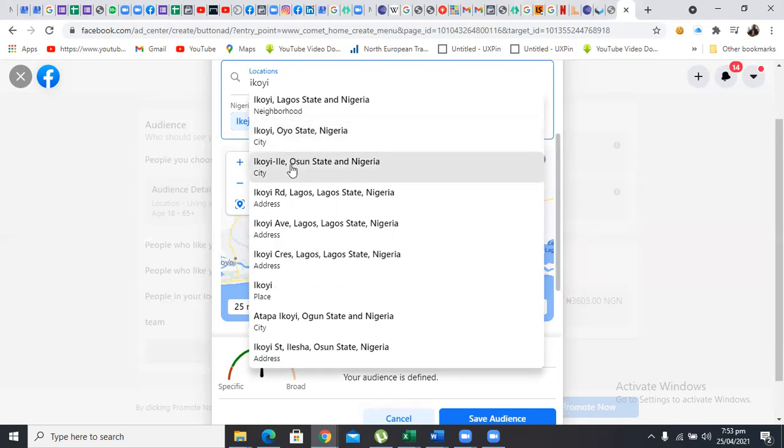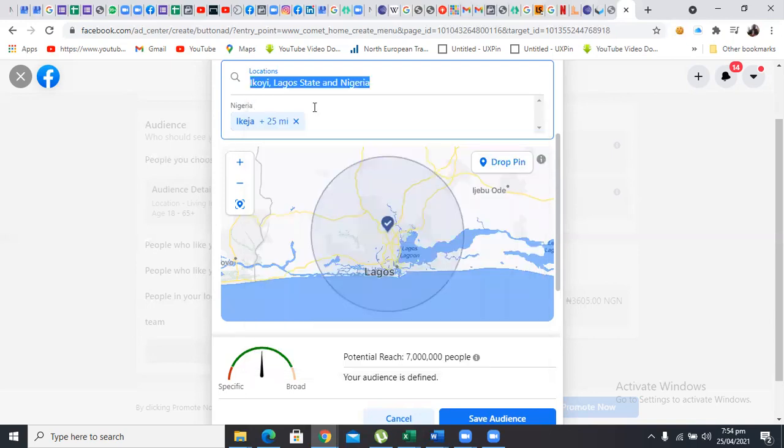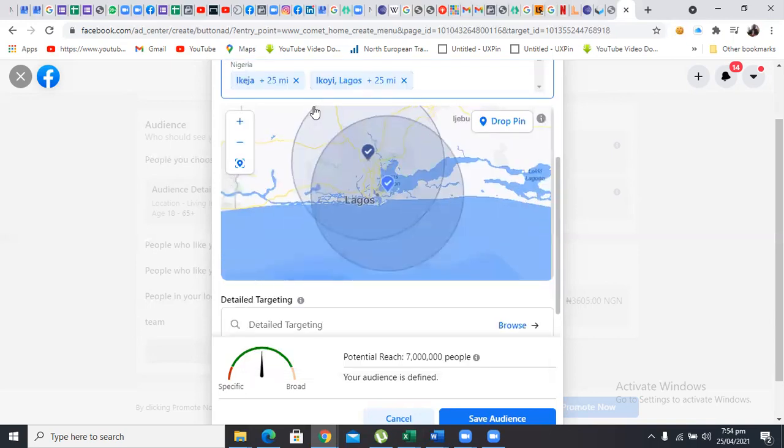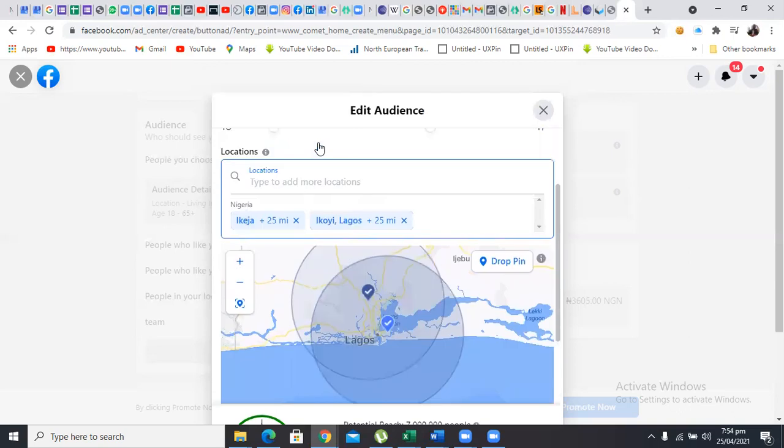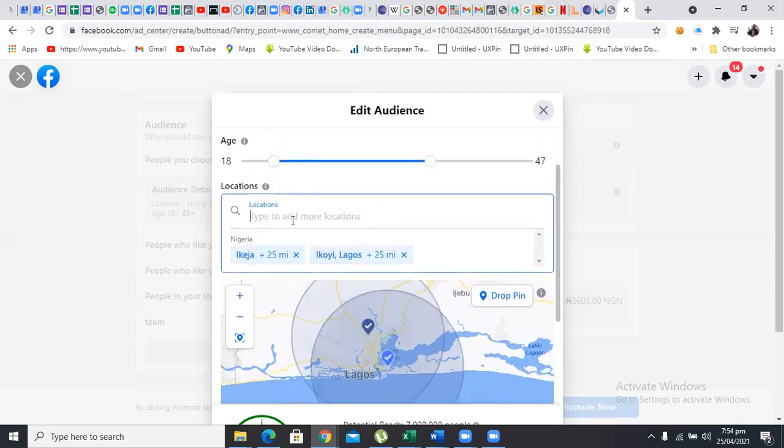There's also Ikoyi in Ogun State. There's Ikoyi Road, Lagos. There's Ikoyi Avenue, Lagos. But of course, we know that the place that we want is Ikoyi, a neighborhood in Lagos. So I just click on it, and Facebook will help me and add them. And it's still within 7 million people. So I still need more people. Let me look at another place, Banana Island.